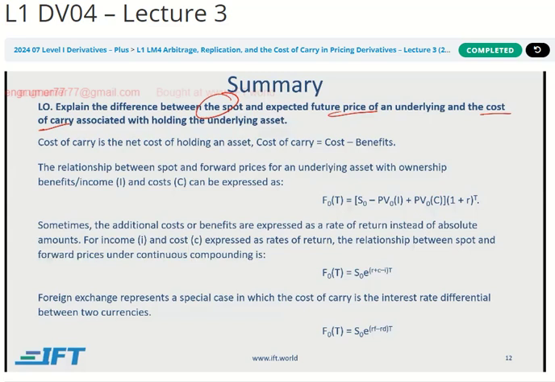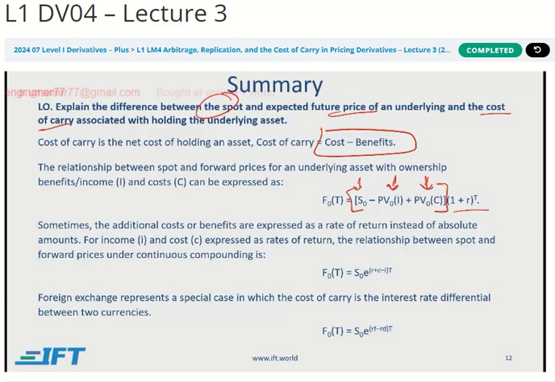So we need to take into account all the costs and the benefits when we calculate the cost of carry, and that has to be reflected in this formula where we take the spot price, minus the present value of the benefits or income, plus the present value of the cost of carry such as storage, and then we multiply this whole thing by 1 plus r to the power t